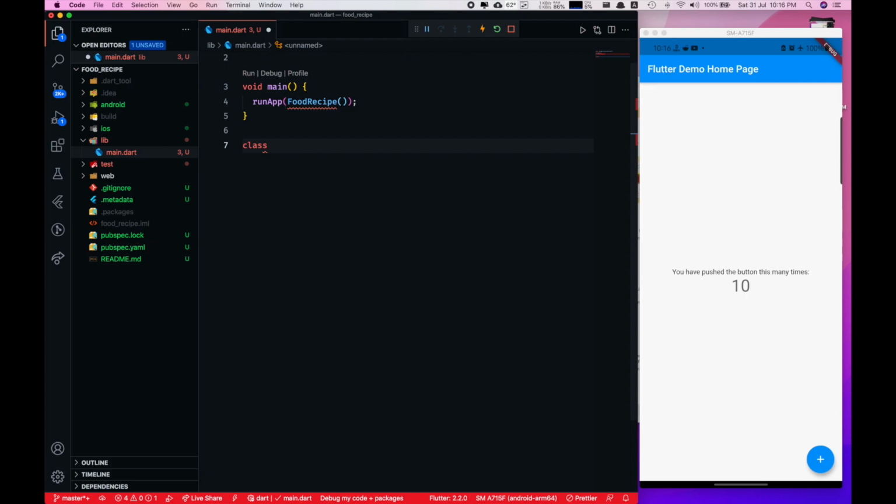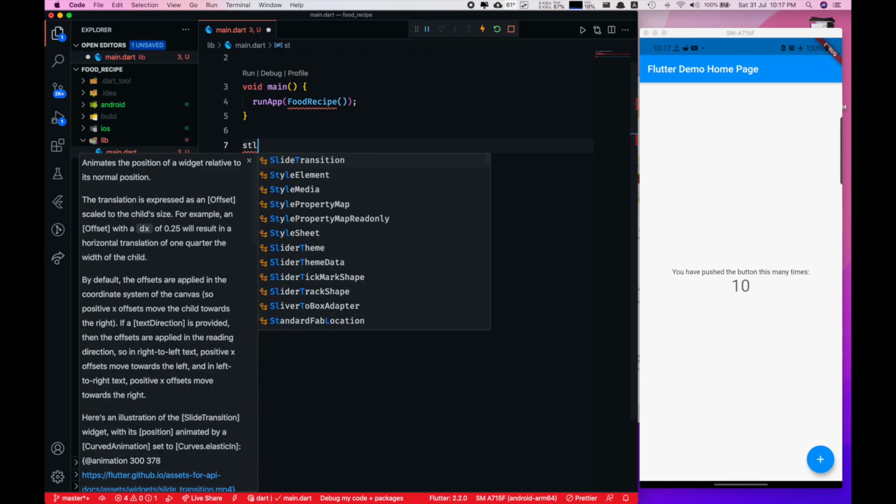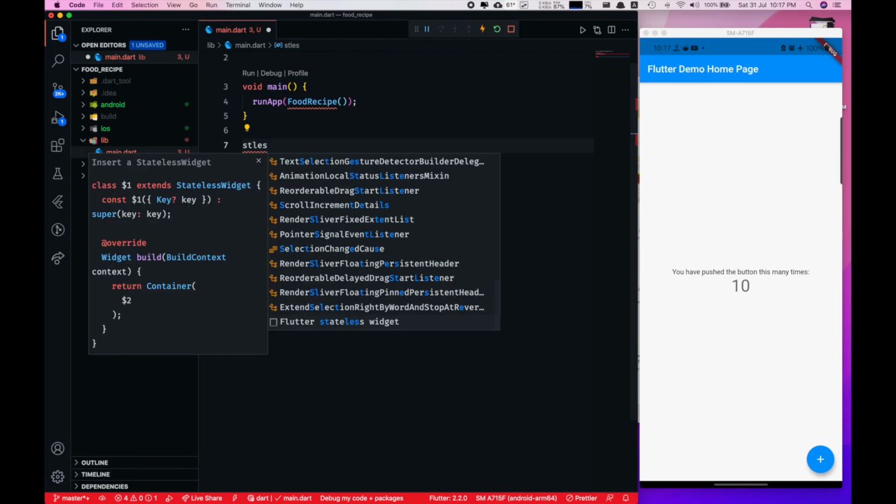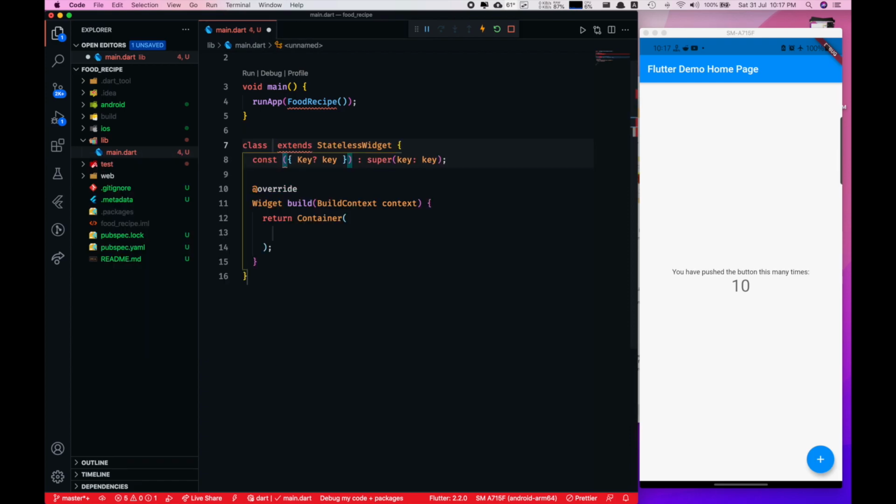Okay, if you guys don't want to write the whole code and want to let the editor create it for you, then just type stles and go down to the last of the suggestion box, then press enter. Then you will get this whole code created by VS Code. You just need to type your class name